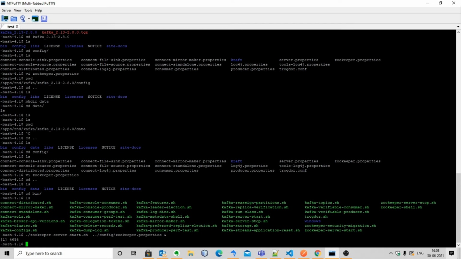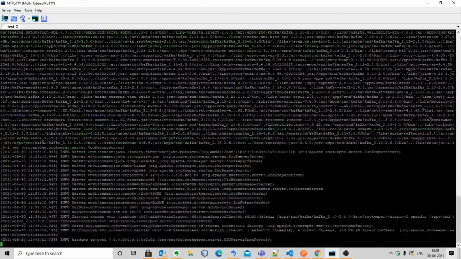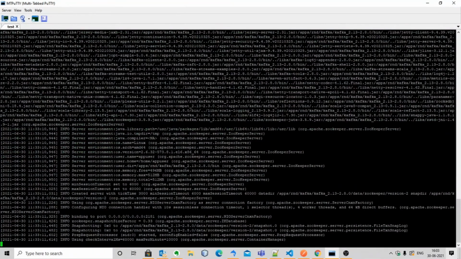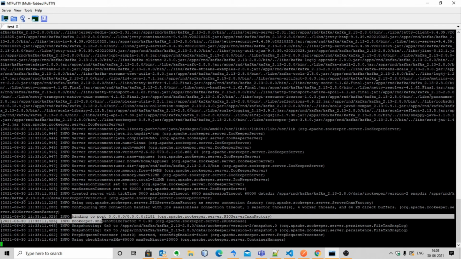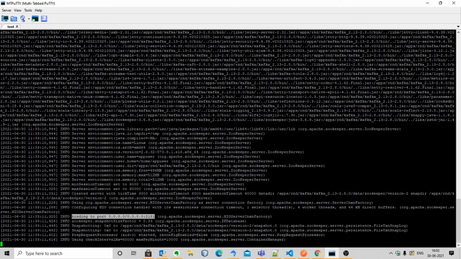Now it will start the Zookeeper service with the default port of 2181. Now if you see here, it started the Zookeeper service with the port 2181.